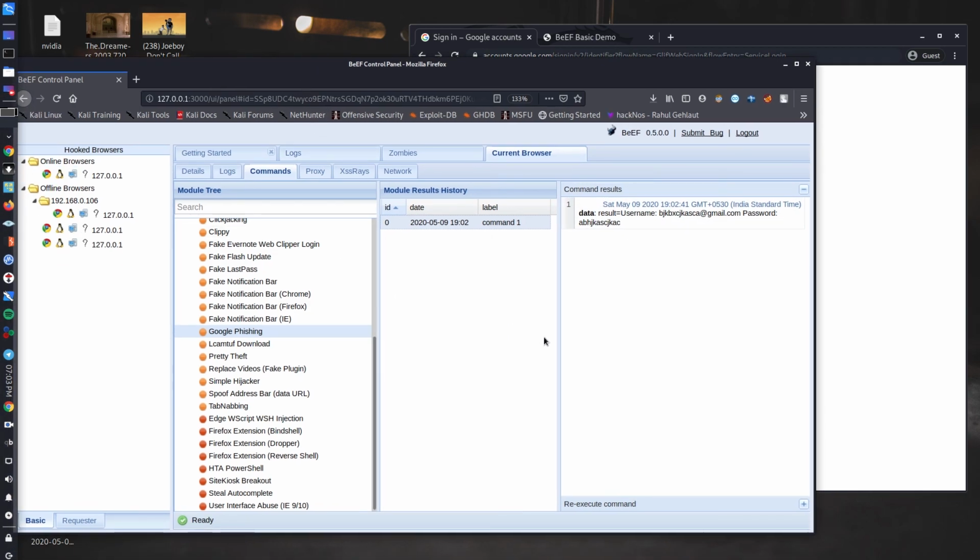So this is how BEEF works. This is a brief demo. I will be posting an actual detailed walkthrough of BEEF, showing how you can use it to exploit someone who is not inside your own network.